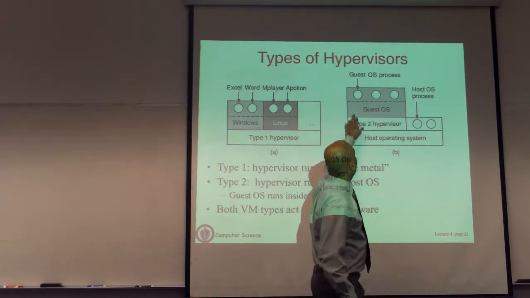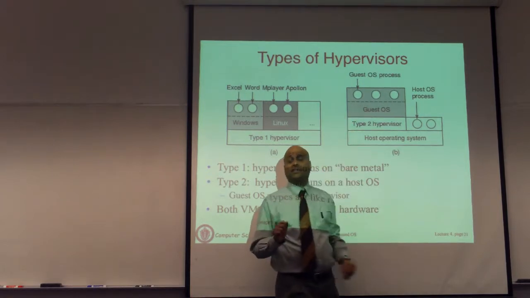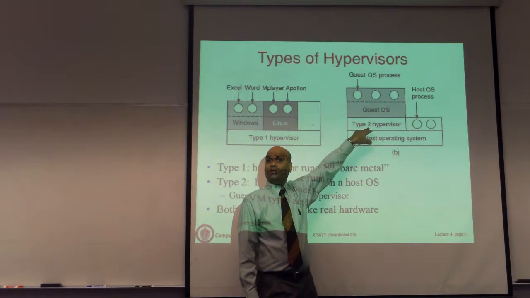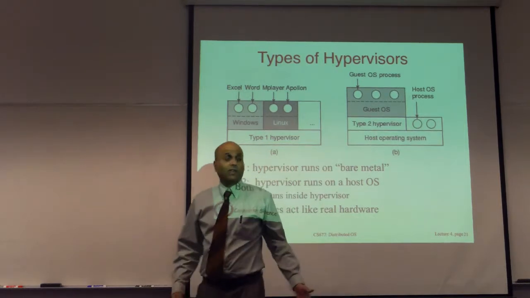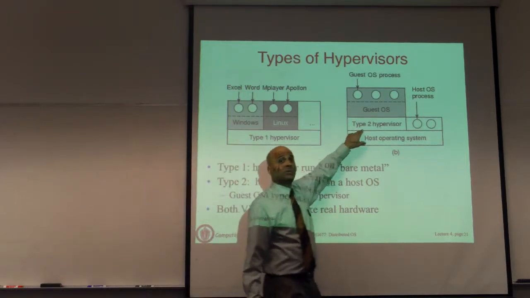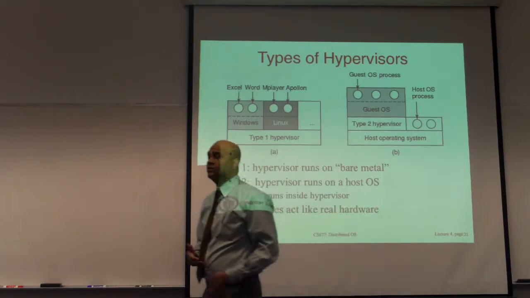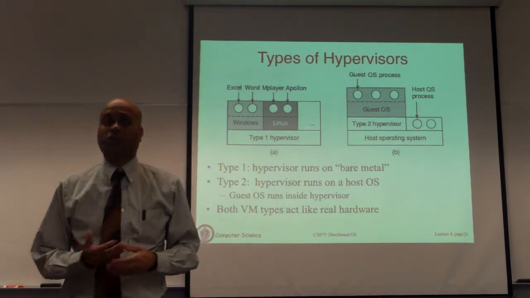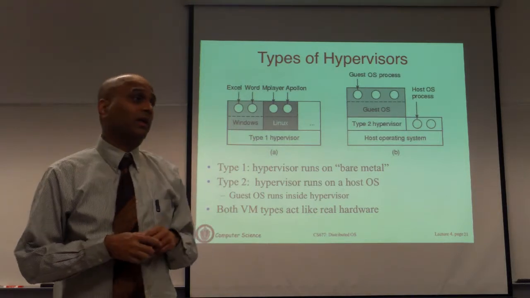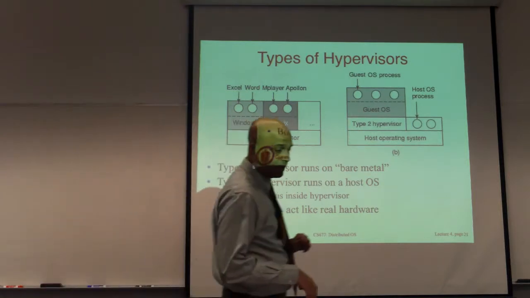So the hypervisor is going to scan the guest code. Every time it sees any sensitive instruction, that's replaced with the function call. When the OS executes the function call, it goes to the hypervisor. The hypervisor itself doesn't have the privileges like it had here, so it still cannot perform the operation. But the hypervisor will then make a system call. The code for the hypervisor will be written so that it makes a system call to the underlying OS. The OS will then perform the necessary tasks on behalf of the hypervisor and the guest OS. Okay, so this is a different technique to implement virtualization.